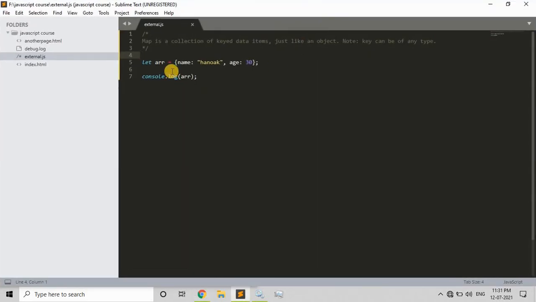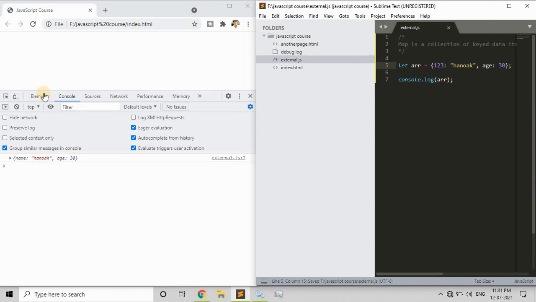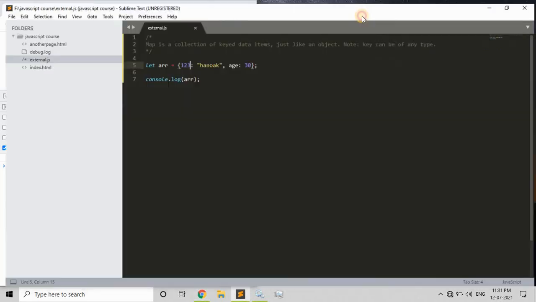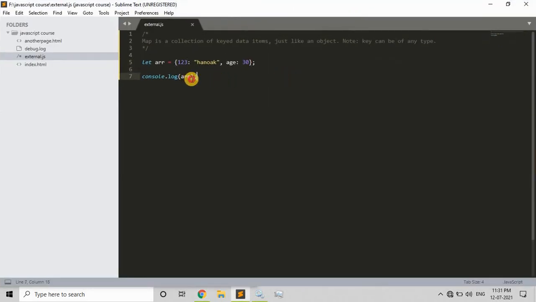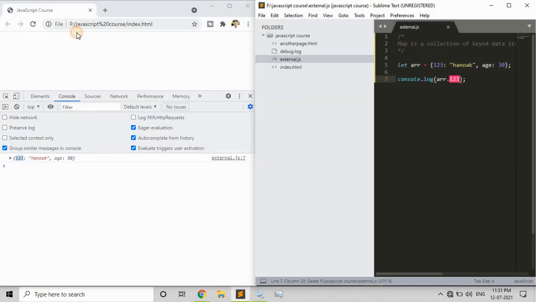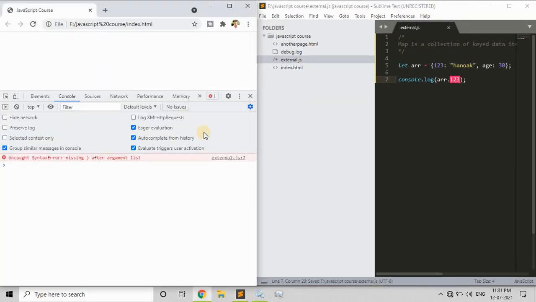So now note here, we can also have some kind of key like, let me say, 1 2 3, which is of type number. And if I just refresh, we'll be getting that, right? But as you can notice here, it is still taking 1 2 3 as a string, I guess. So now, if I just say ARR dot 1 2 3, you will not be able to access all of those things, right?